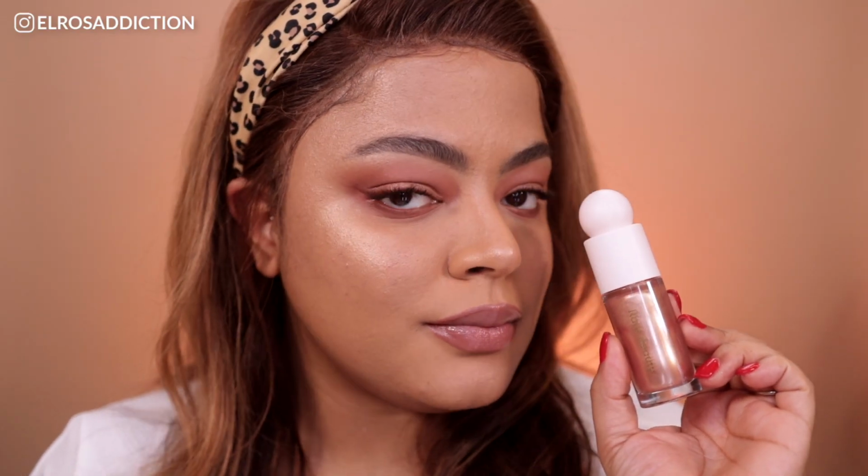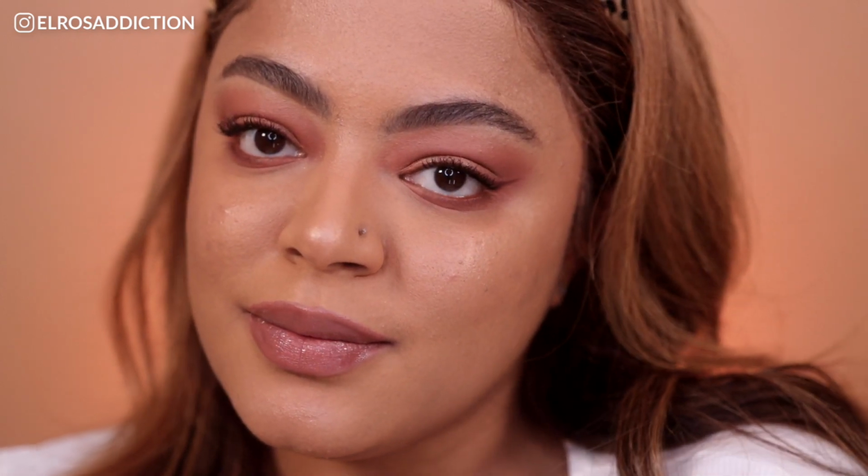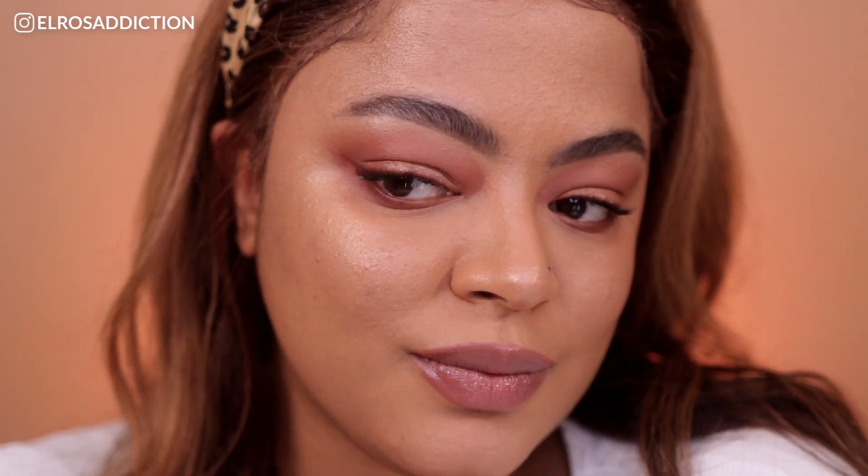As you can see, it just blends beautifully into the skin, not accentuating any texture, very skin-like. It's actually what I'm wearing right now. That's what I ended up going for. And as you can see, it's very skin-like. It's there, it catches the light. Once I'm facing forward, I guess I look highlighted, but normal. But the way it catches the light, as you can see, it looks soft. It's like, yes, I'm highlighted. I'm highlighted to the gods, if I might say so, okay? But it's still